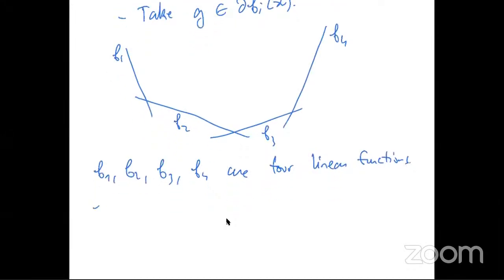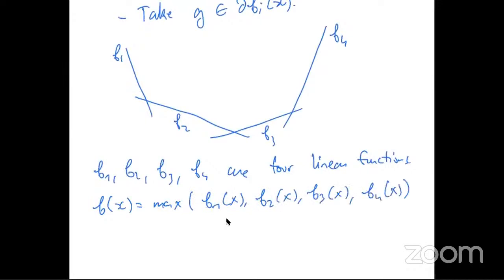Okay, and so if I define f of x to be the max of these 4 functions, f1 of x, f2 of x, f3 of x, and f4 of x, then the graph of this function is exactly going to look like this. So here f1 is the largest function, so I'm going to be like this. Okay, and then in this space, f2 is larger, so I'm going to look like this. Okay, in here f3 is the largest, and f4 here is the largest, so